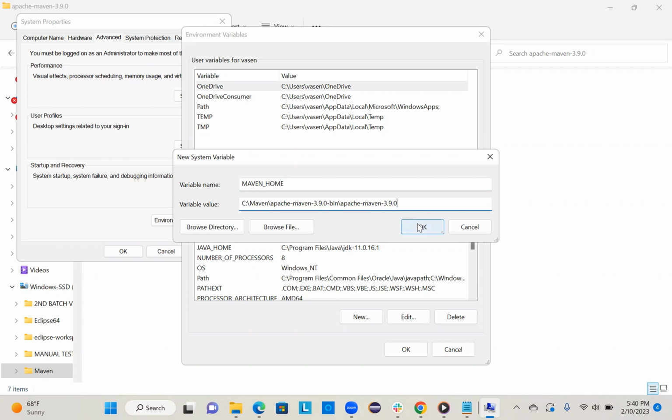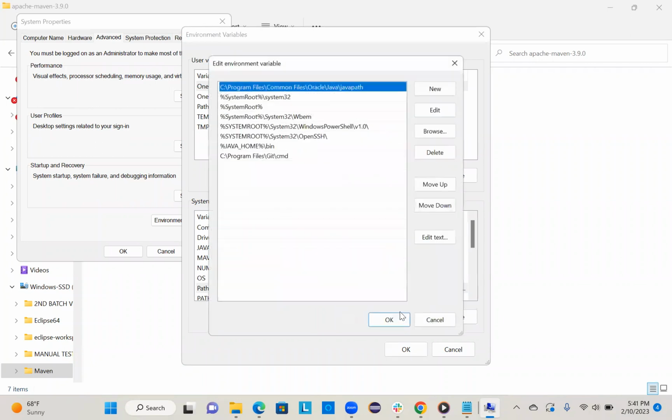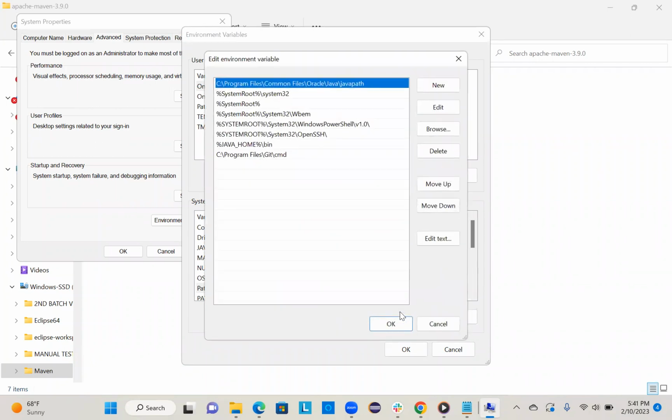Yeah, okay. Then select the path variable. There is a path variable there only. That is the one. Select it. Okay, then edit. Click on edit. So click on new